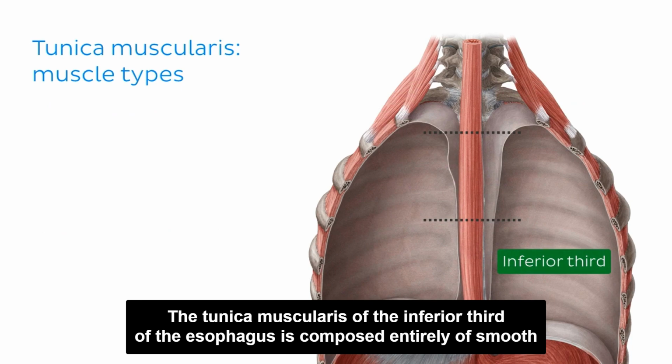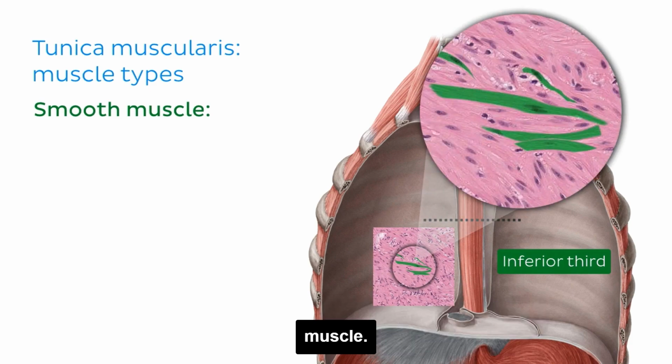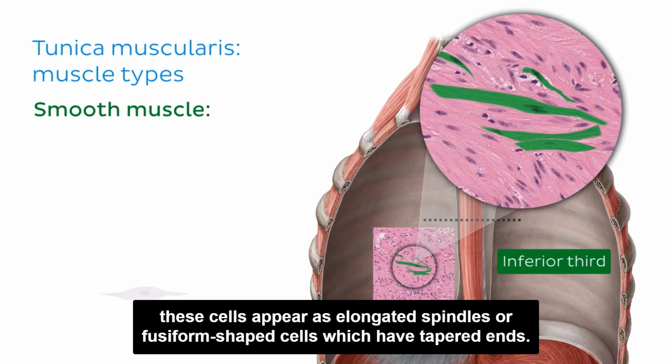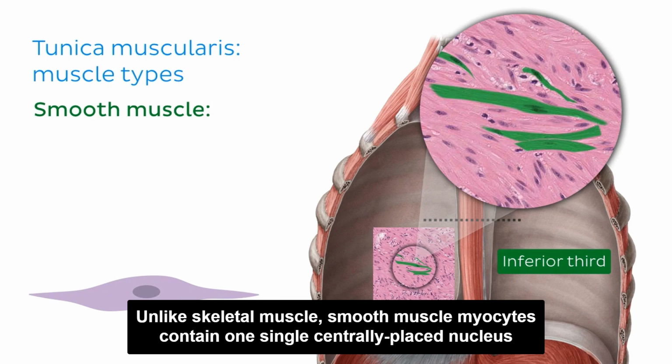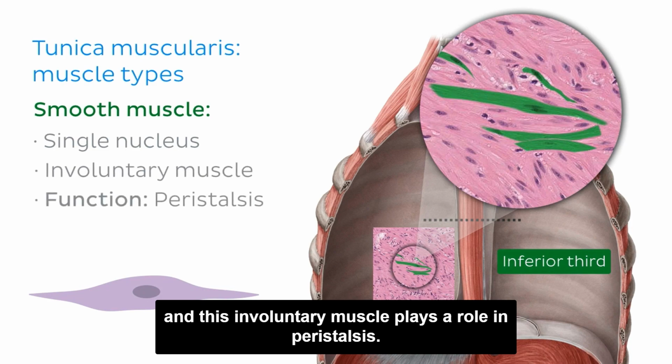The tunica muscularis of the inferior third of the esophagus is composed entirely of smooth muscle. Now, if you've watched our video on smooth muscle histology, you might remember that these cells appear as elongated spindles or fusiform-shaped cells which have tapered ends. Unlike skeletal muscle, smooth muscle myocytes contain one single centrally placed nucleus, and this involuntary muscle plays a role in